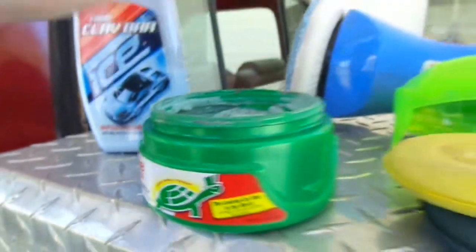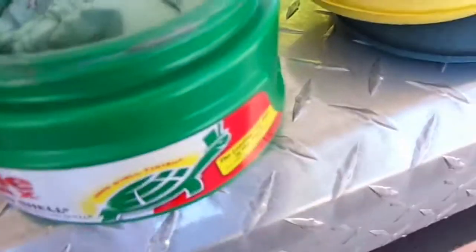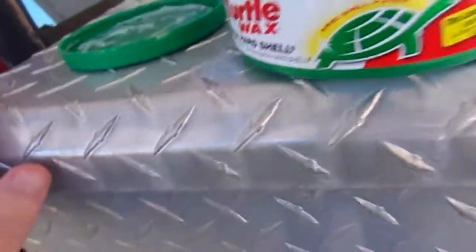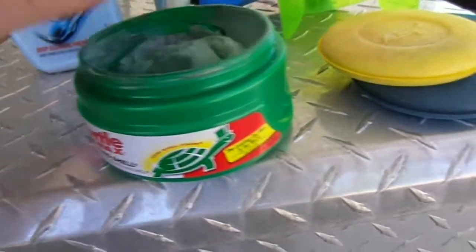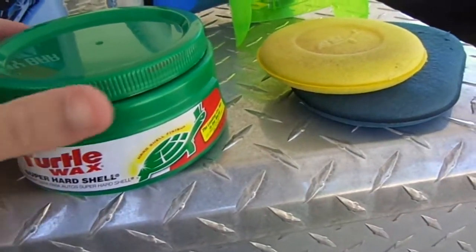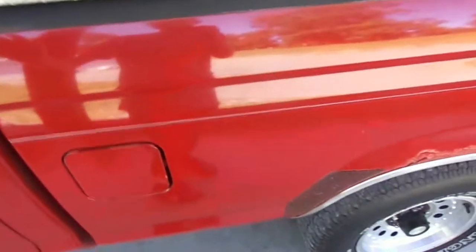But it's just this goop, and you can see that I have some red paint in there because I don't have a clear coat. But basically, you want to very lightly rub this stuff on. This stuff goes a long way, and the first mistake I made was putting too much on, and it takes forever to get off. You want just enough to cover the surface,